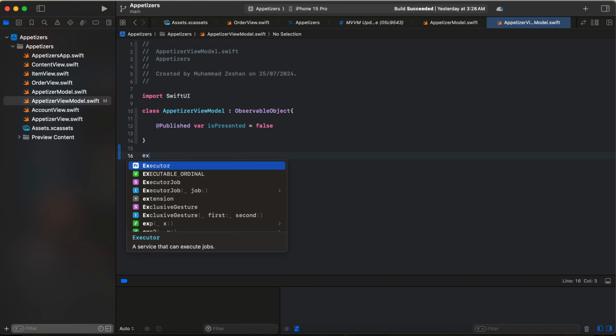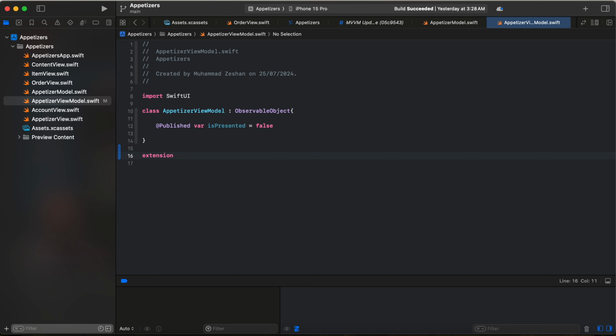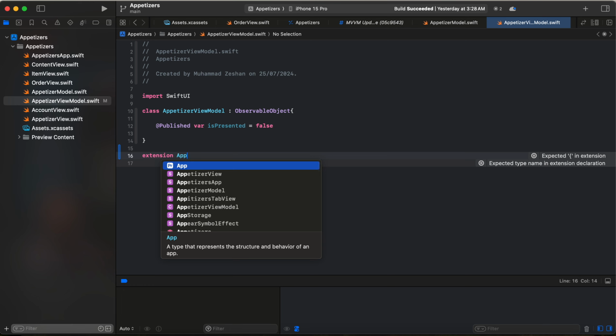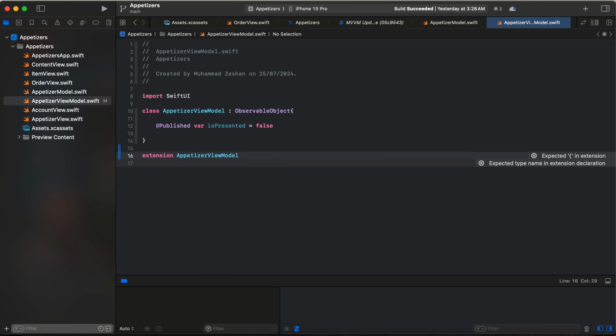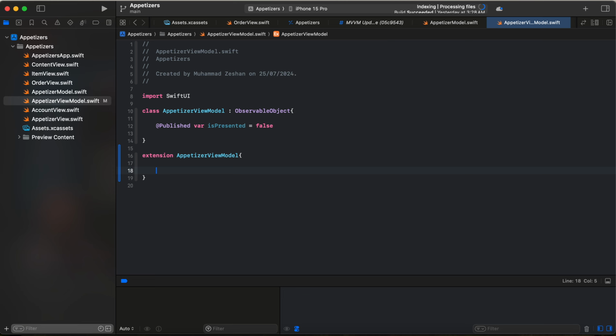For that, we have to use the extension keyword and write the name of that class, which is AppetizerViewModel. What we can do in an extension is, if we have multiple parameters and multiple functions, we don't have to write each and everything in one view or one class; we can create an extension. And also, if we have a custom thing and we want to extend its features, we can do that using an extension. So here we just create a function with the name of checkExtension,